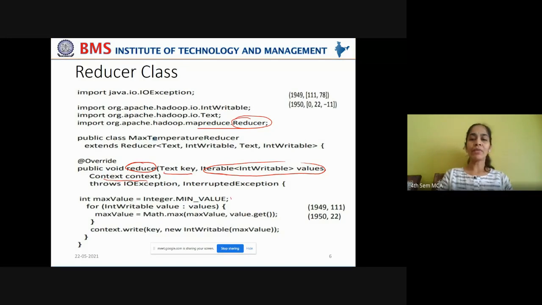Right, now we have written some code in order to find the maximum temperature in the list of temperatures that are recorded in each year. For that we are using the Math.max function, comparing the so far recorded maximum value with the encountered air temperature in the list of air temperature values, and finding out the maximum out of them. And finally, by the end of this for each loop, you will get the maximum temperature that is recorded in that year by going through all the air temperatures in the list.